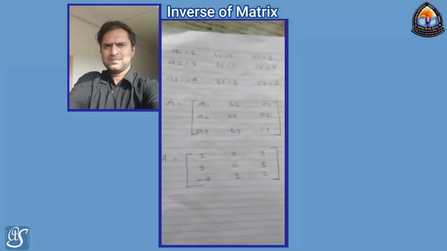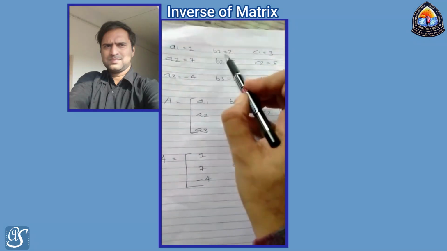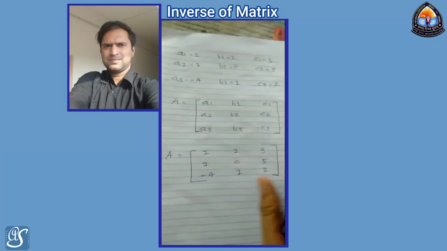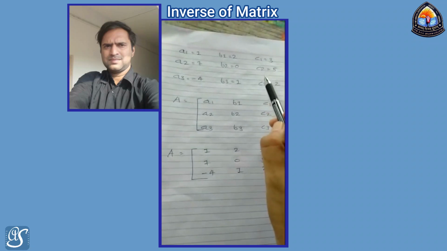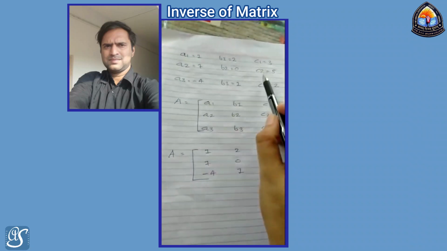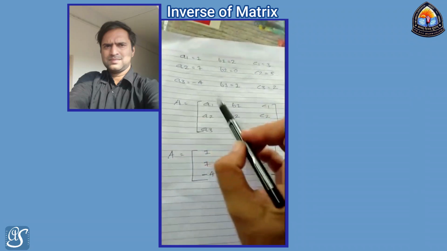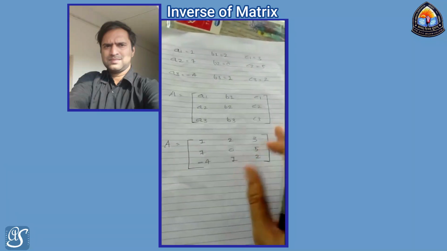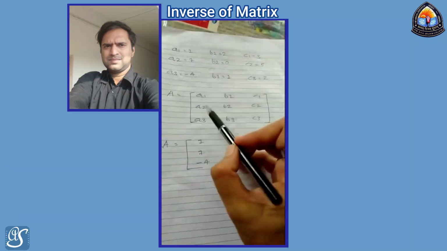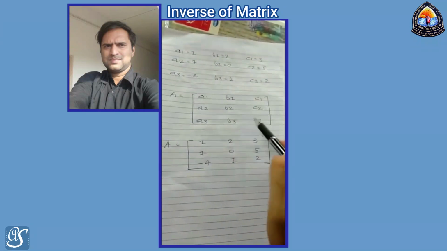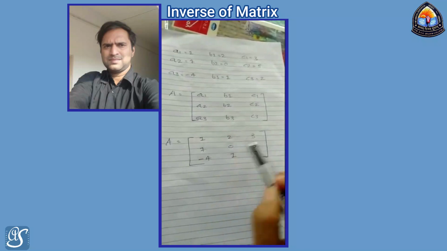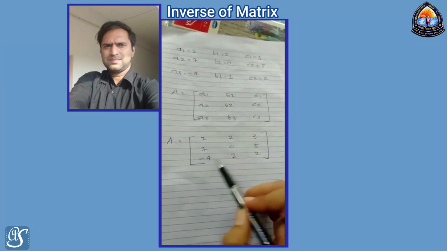So here we have the value of A1, B1, C1, A2, B2, C2, A3, B3, C3, which are the elements of our matrix A. So A is equal to A1, B1, C1, A2, B2, C2, A3, B3, C3. Put the value of A1, B1, C1, A2, B2, C2, A3, B3, C3 in matrix A. So our answer, matrix A is equal to 1, 2, 3, 7, 0, 5 and minus 4, 1,